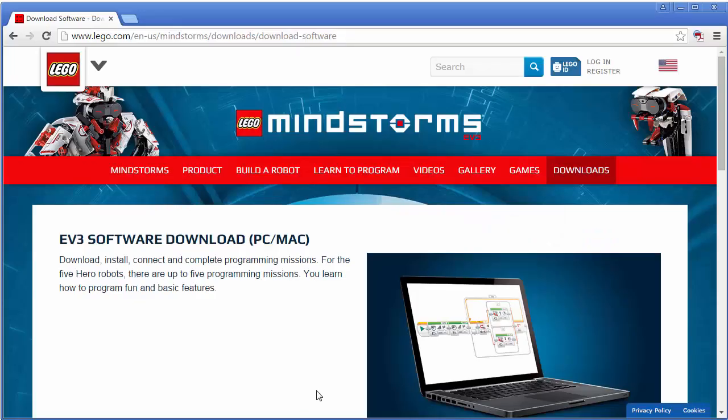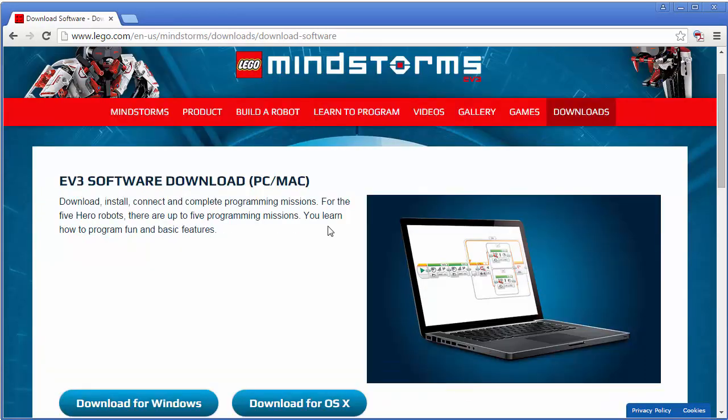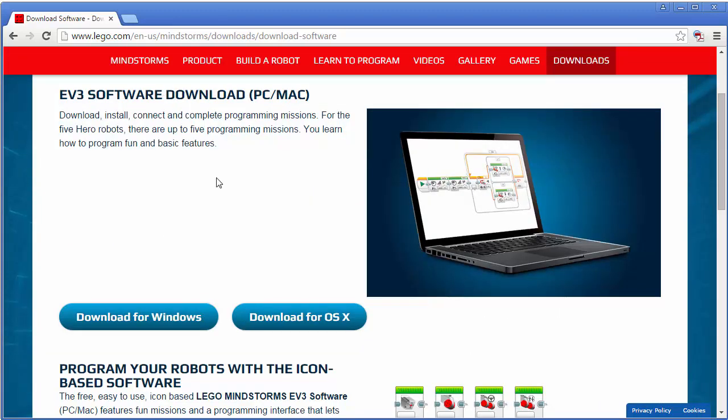So let's go out to lego.com and Mindstorms. The first thing that you'll see is a download button or a download option to get the EV3 software. You're going to click download for Windows or download for a Mac. It's a pretty big file, 660 megabytes, so it's going to take a few minutes. So go ahead and do that. I've already done it, so I'll go ahead and launch mine,